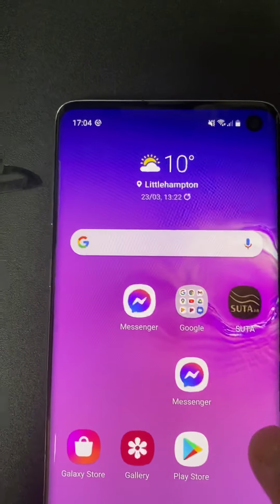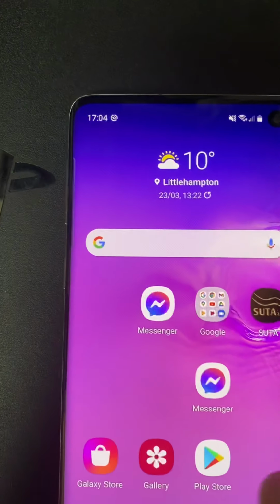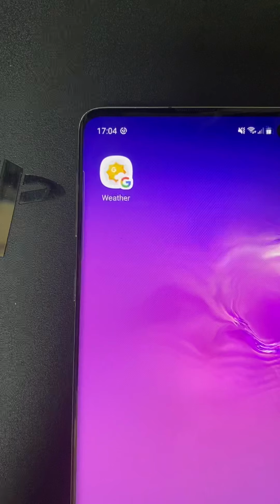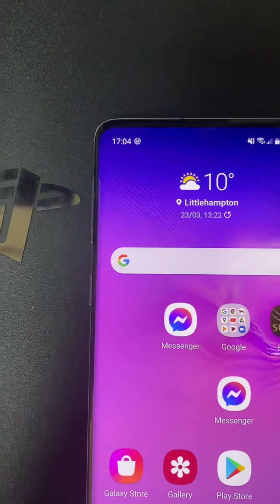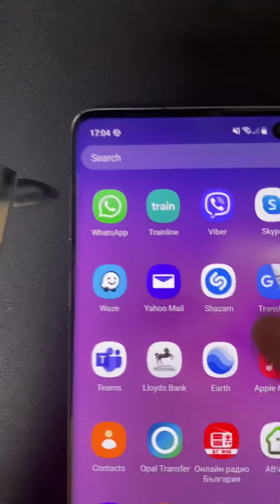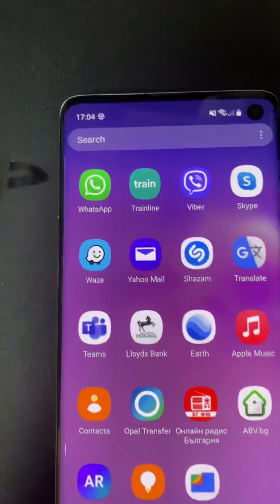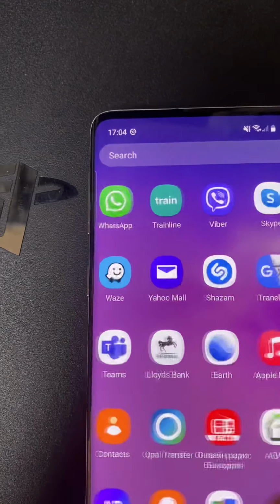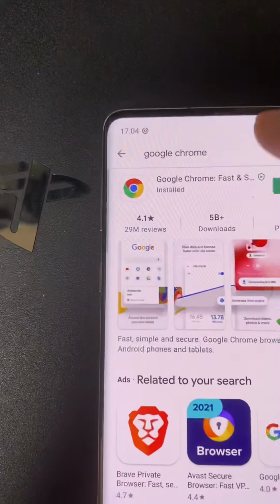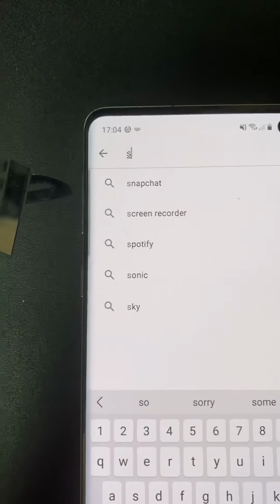I'll go to the home screen, same page as, let's say, Viber. Where's Viber? So I'll try to open Viber and see if it stays on. It's again closed. So we will go again to Play Store, and I'll just type here Android